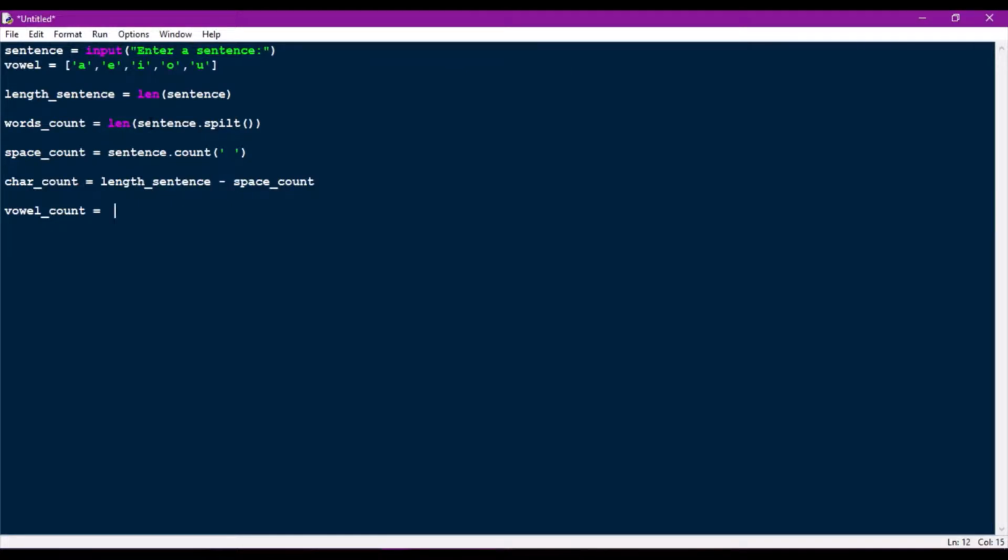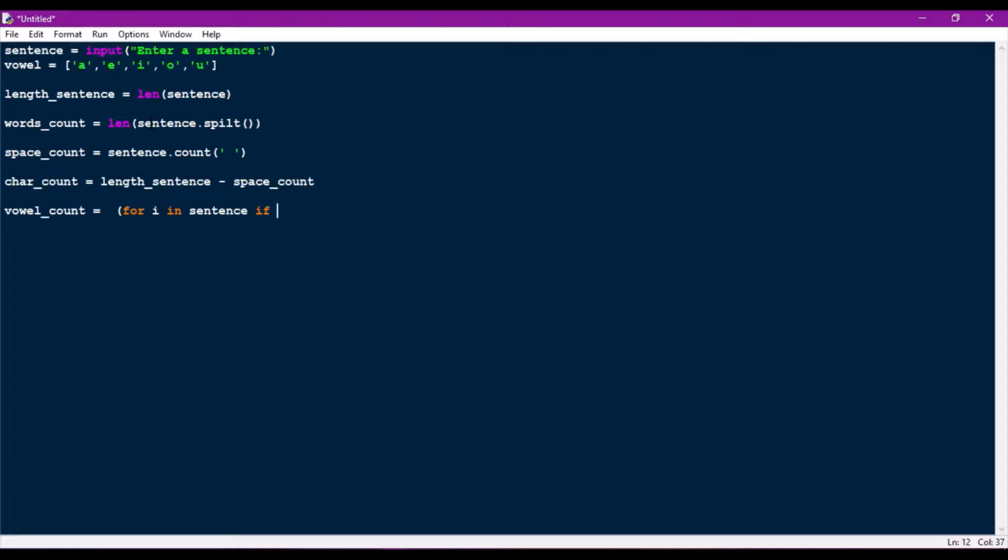Now we are going to find the vowel count. For that we are using a for loop: for i in the sentence. The for loop will take a character from the sentence, and we have to check whether it is a vowel or not.